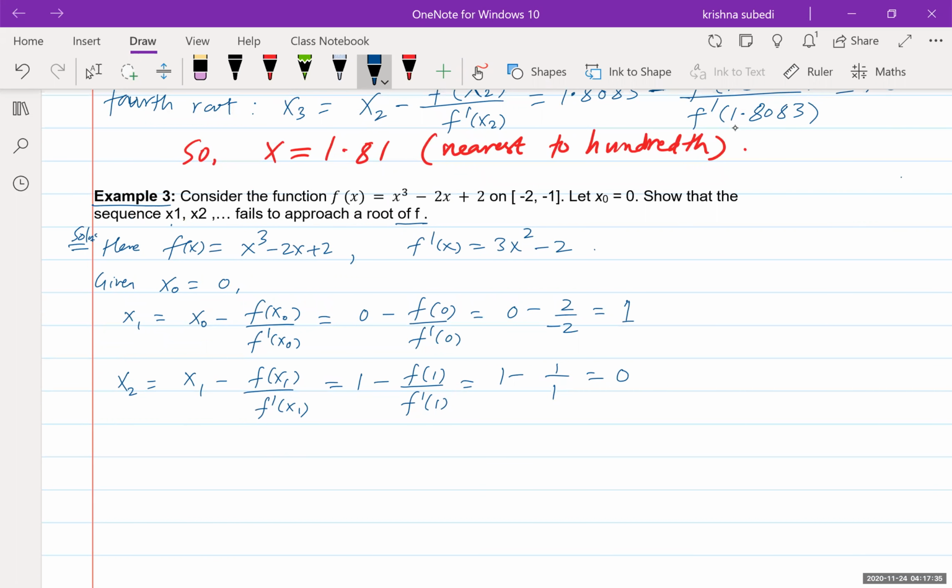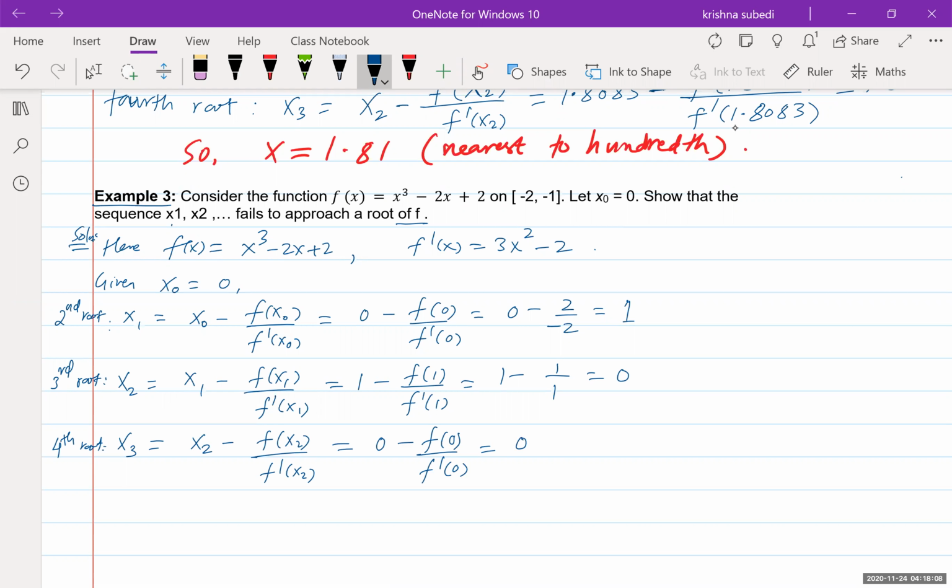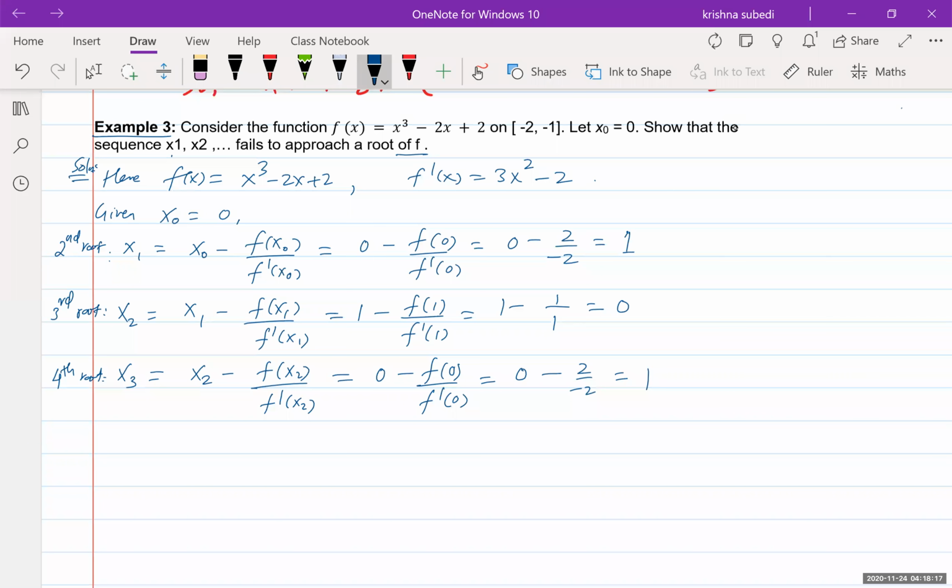Your x2 is equal to 0. This is your first root, second root, third root, fourth root, fifth root. Okay, notice that